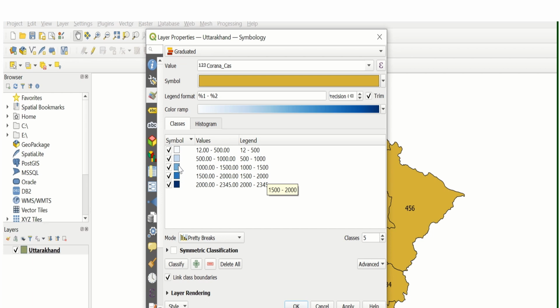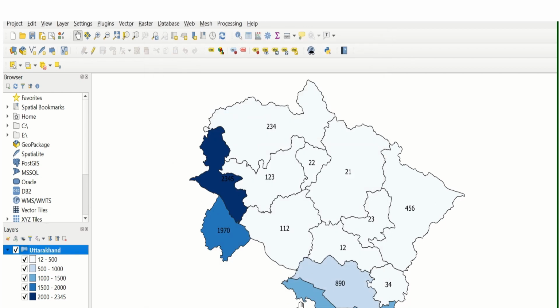So you can see gradually the lower the value, the lighter the color is. So we click on apply and click on OK. So we can see the higher the value, the darker the region is. This is Dehradun.